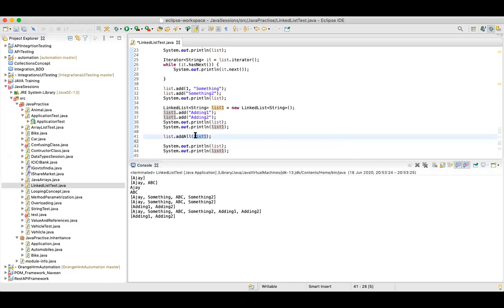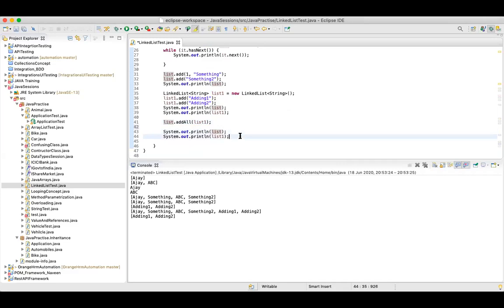Also, instead of that, you could use a for loop on list 1, get each and every element, and add that particular element into the main list. This is one way, but we have an inbuilt method, addAll, which can directly add all the elements from this list to the main list. So this was adding all the elements from one list to another list.